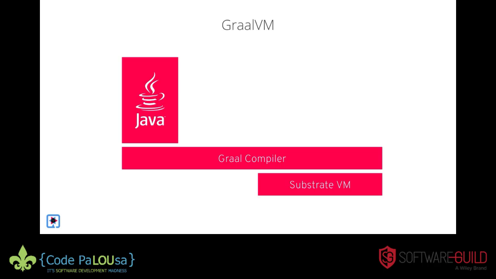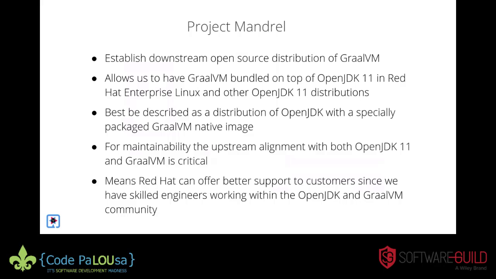The reason I point out the layers that we're using for Quarkus is that we've established a downstream project from GraalVM called Project Mandrel. And the reason why is that we were aiming to combine the best from both the GraalVM and the OpenJDK communities, if that makes sense. So we've backported required features to OpenJDK 11 to work with the native compilation and the Substrate VM. It's not a fork. I want to make that very clear. It's not a fork of GraalVM.